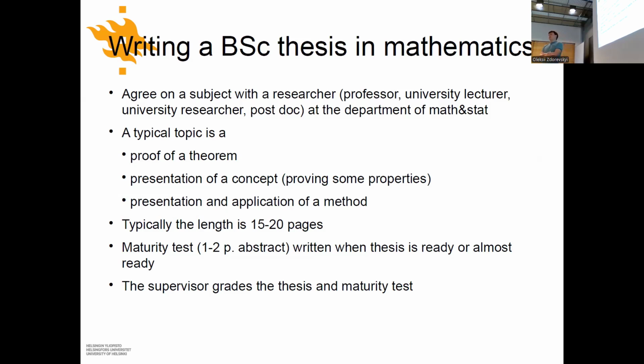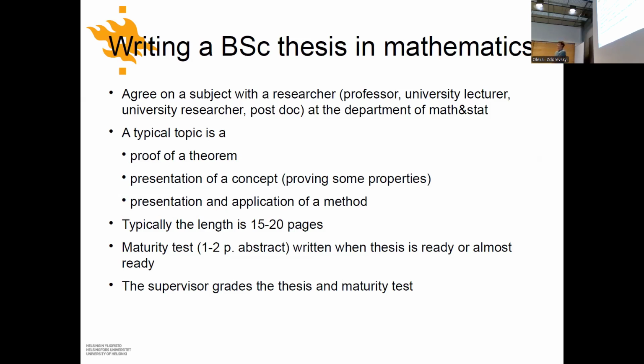Many people, of course, know some teachers who taught them some courses, and they ask them. At the bachelor level, we all can typically give theses on any topics. It will not go very deep. So it does not have to be that the teacher you approach is an expert in the topic that you choose, although, of course, it's often the case. And certainly you can choose whatever you are interested in.